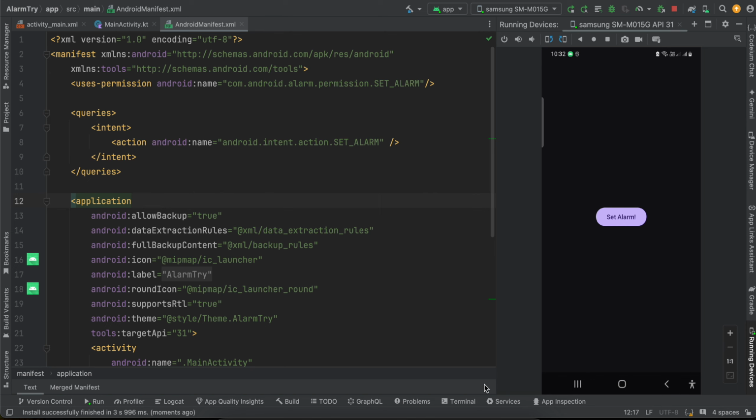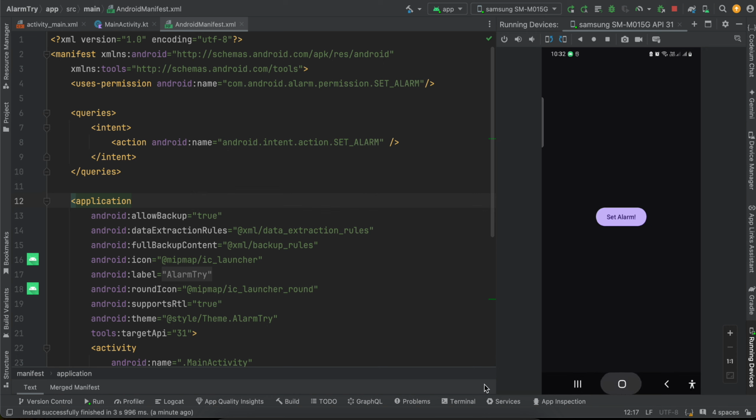In this video I will show you how to set an alarm programmatically in your alarm app via your app. So here I have one button called set alarm, and if I click on it, it sets an alarm. Here you can see a toast message being displayed. One toast message is from my app and the second toast message which you saw was from the alarm